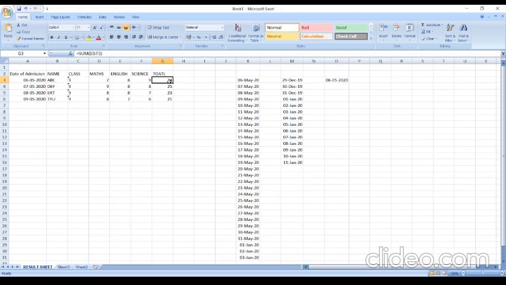Like I am writing here, I am deleting the function, I am writing the formula here, equal to D3 plus E3 plus F3. So what is this? It is a formula. It is a basic formula. Basic means when I am using only one operator. I want to do D3 minus E3 minus F3. It is also a basic formula when you are using only a single operator. Operators are plus, minus, multiplication, division signs. Those are your basic operators.